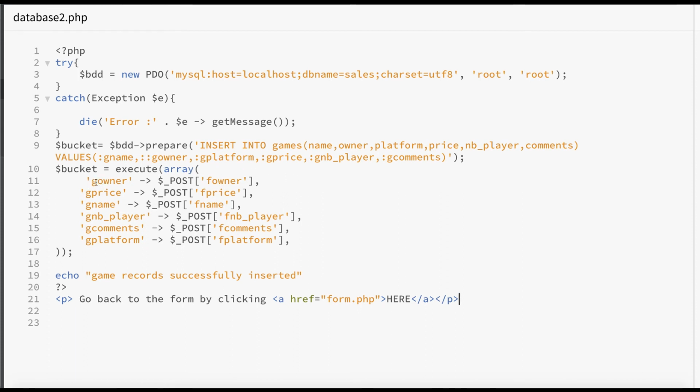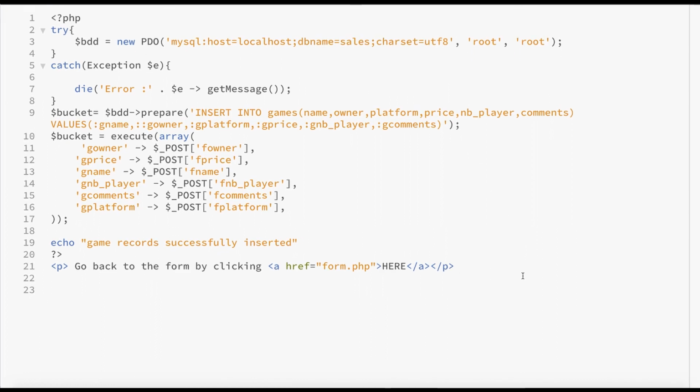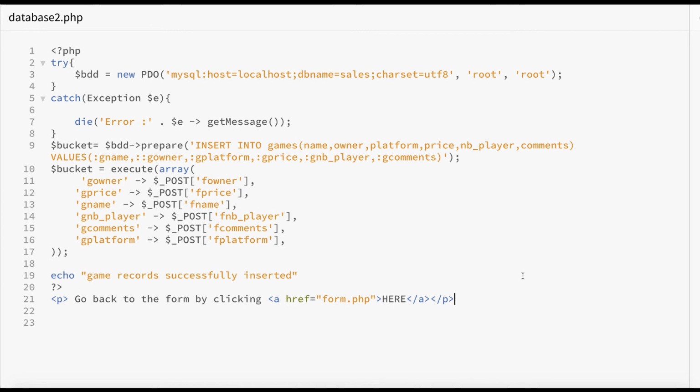So I specify G here is for game owner and the F here is for form owner. So this variable comes from the form F owner, and G owner is the temporary value that we created in our prepared table, so in our prepared query. So the values from the post held by F owner will be stored in G owner and be executed when the database2.php is displayed by the navigator, is loaded in the navigator.